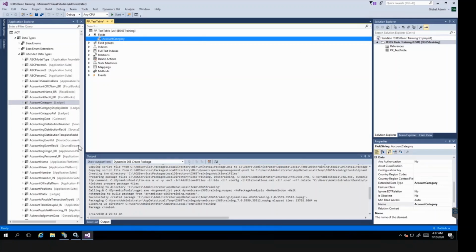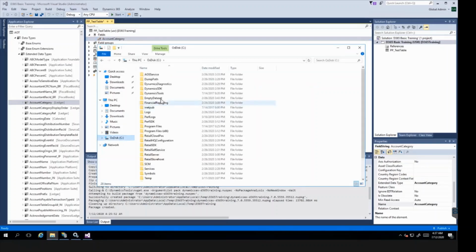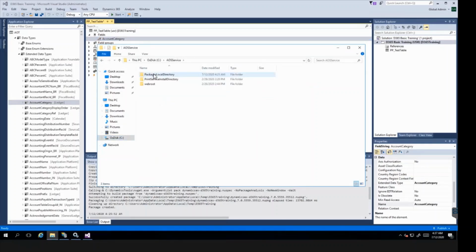Next comes deleting your model. It's very easy actually. Before deleting, you have to stop the following services: the AOS web service and batch management services. If you go here and see the AOS service, first you need to stop the AOS service from IIS and batch management services from services.